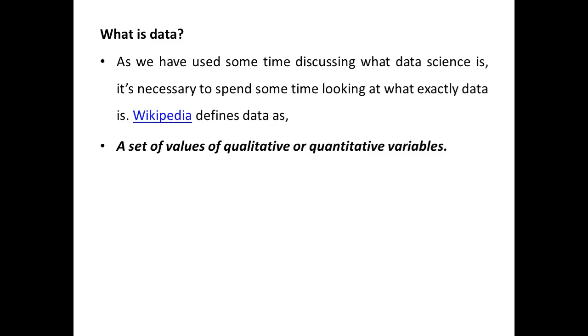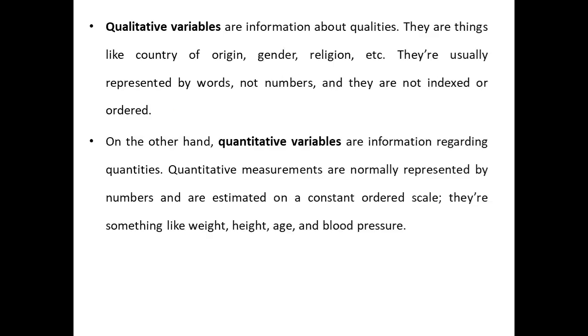It is necessary to spend some time looking at what exactly the data is. As given in Wikipedia, data is a set of values of qualitative and quantitative variables. Qualitative variables are like country of origin, gender, religion, etc. These are usually represented by words, not numbers, and they are not indexed or ordered. This is the qualitative